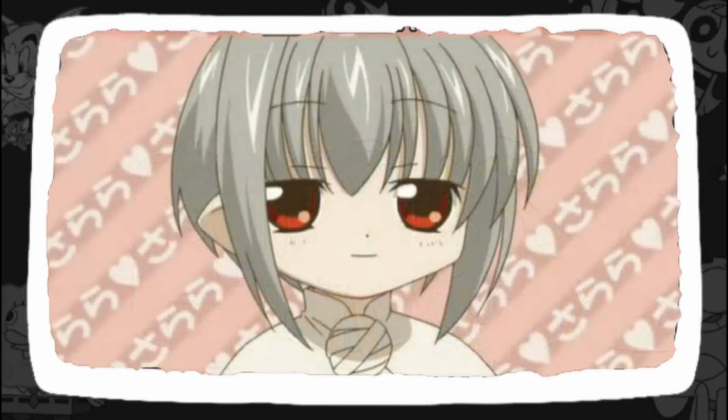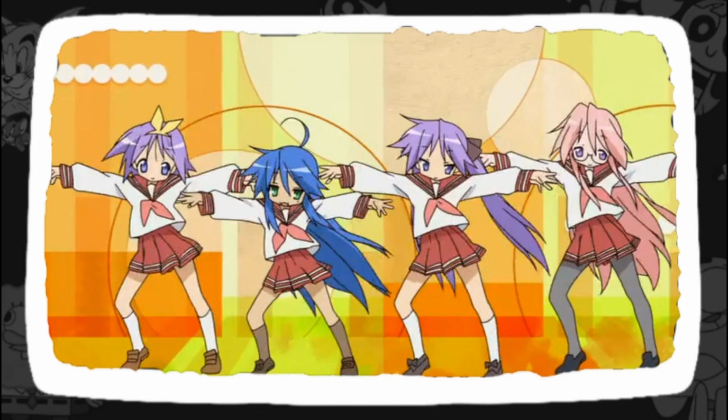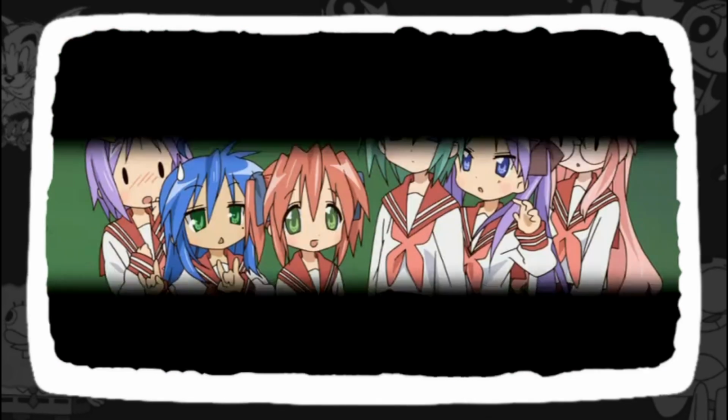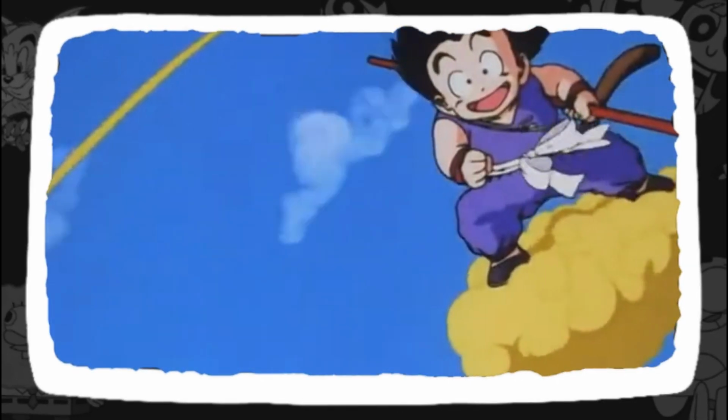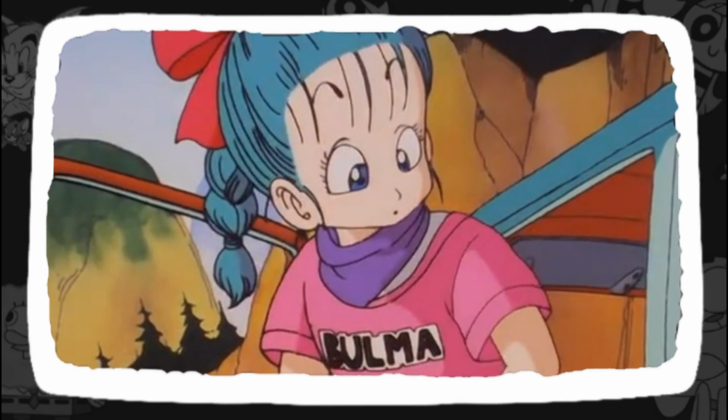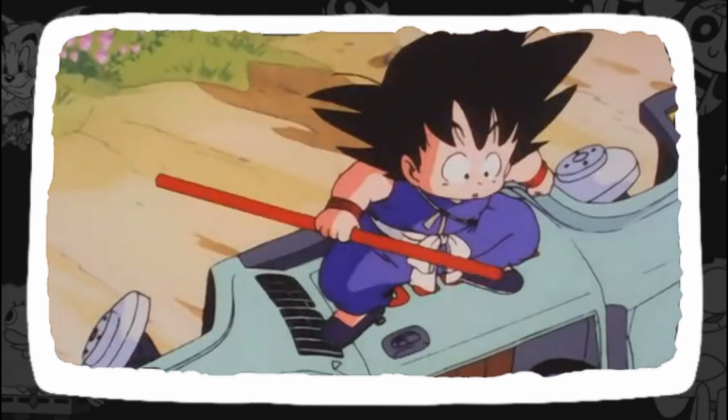Another type of anime is the chibi art style. It's a cute art style where characters are compressed and presented in a tiny way to look cute, like Dragon Ball and Fairy and Luck Star. Another anime art style is Dragon Ball. What makes it special is having big and almost rectangular eyes, and a lot of geometric shapes and definition in